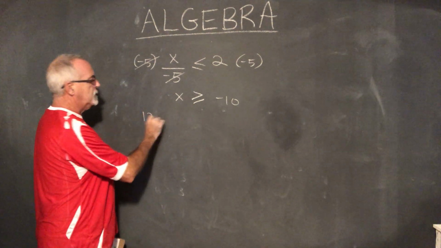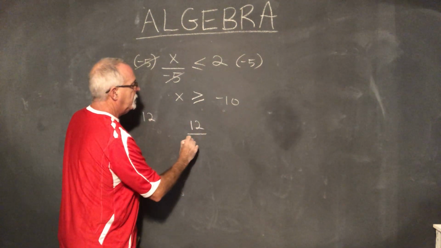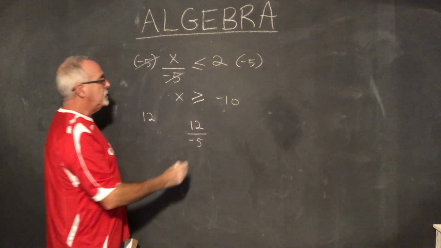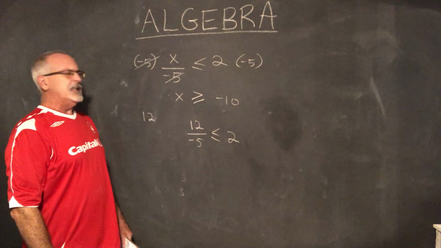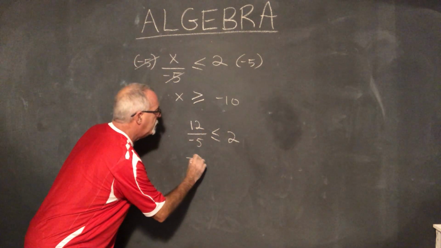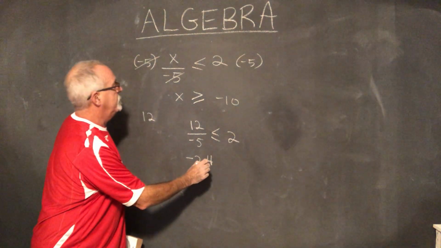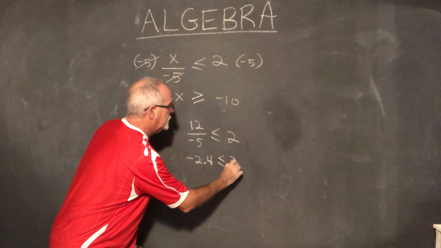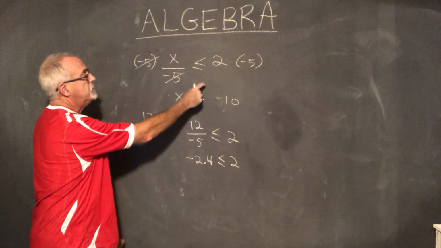Let's choose the positive 12. If we plug that in, it means we have 12 over negative 5. Oh, I'm going to get a decimal, but it doesn't matter. Less than or equal to 2. 12 divided by negative 5 is negative 2.4. Is that less than or equal to 2? Yes. If the symbol had been backwards, if the symbol had been, ooh,